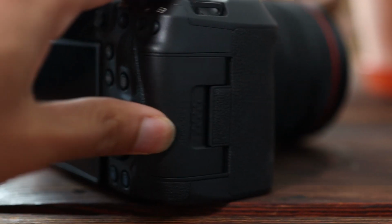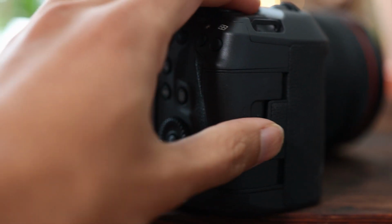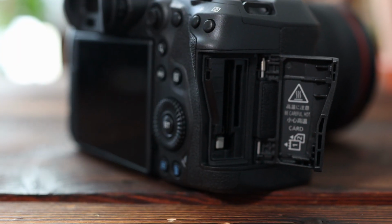You could even have video on one and stills on the other, or you can just have them as a backup of the other. There's a whole range of options for in-camera RAW editing as well. So if you've taken a picture and you need to get it out quickly, you can make adjustments to the image in camera, send it over to your phone and get it out to where it needs to be